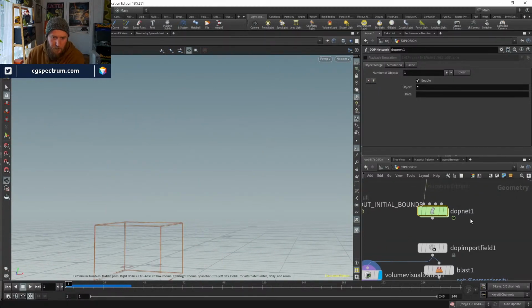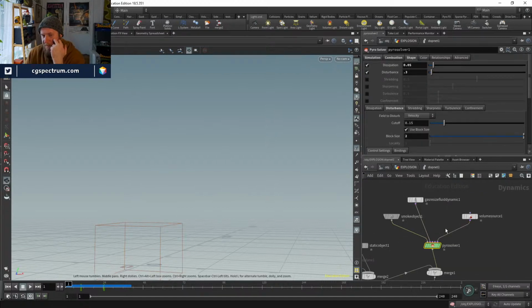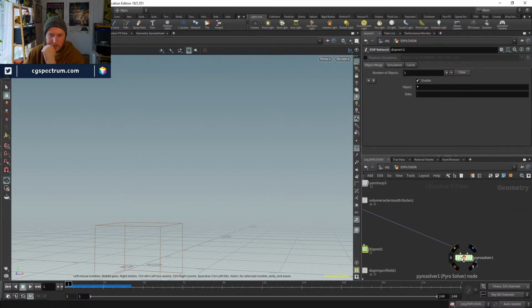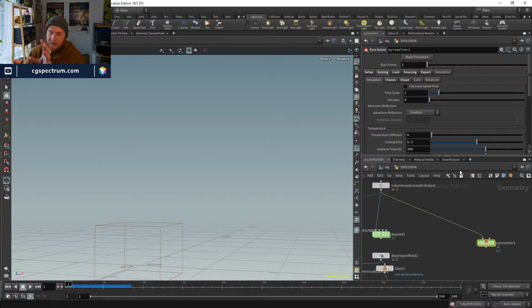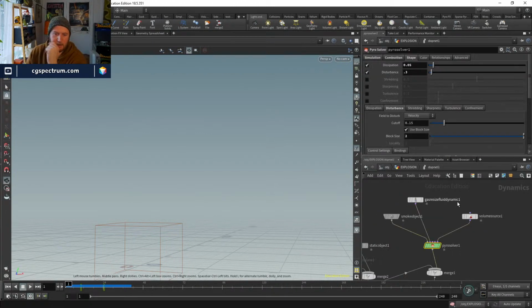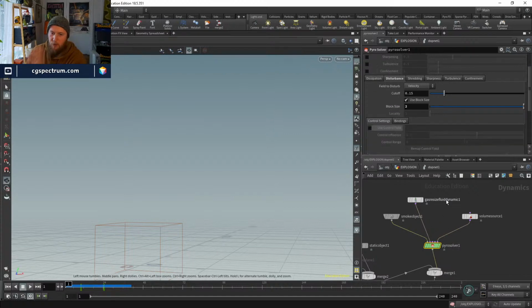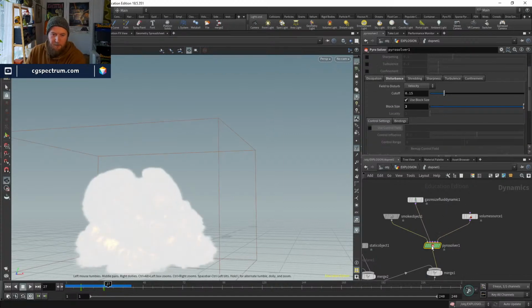Now, one thing, if you use the Sparse tools, especially the wrapped up one here, you've got this calculate speed field checkbox, which is really handy for using as a control field, because it's like a speed field, which means you can apply disturbance to things when they're moving fast. In here we don't have that. We can create our own, but one that I like to use, which is present already in the solver, is